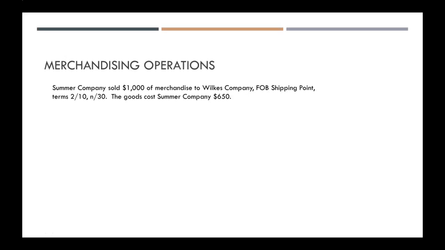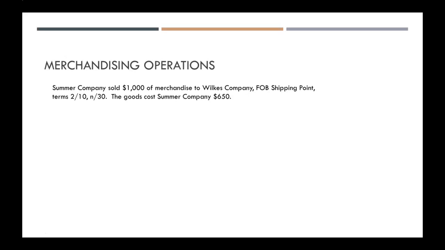So it says, Summer Company sold $1,000 of merchandise to Wilkes Company, FOB shipping point, terms 2/10 net 30. The goods cost Summer Company $650. So we're first going to talk about just the journal entry or journal entries that we need to make for